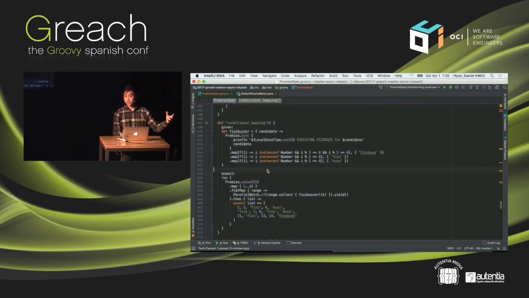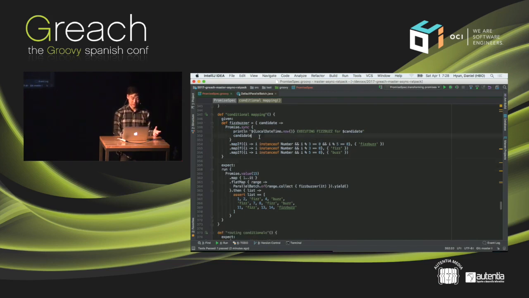You can do conditionals. If you're working with code and you'd like to map differently based on one condition or another, you can use mapIf. Of course, any variation that's available with mapping, you also have flatMap available if you're producing promises there. But here's a simple fizzbuzz example. For a given candidate, we're just applying fizzbuzz logic.